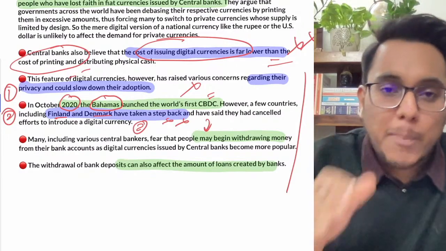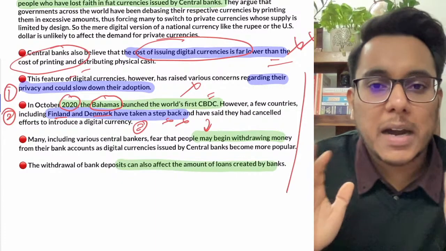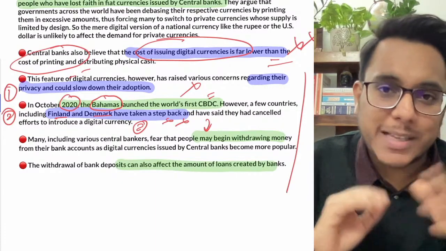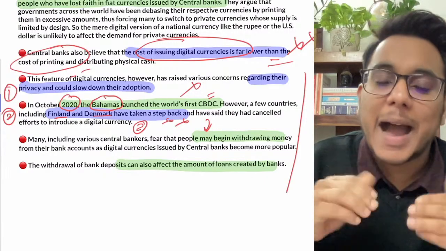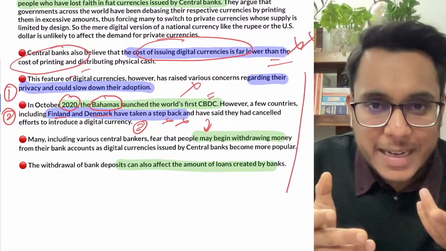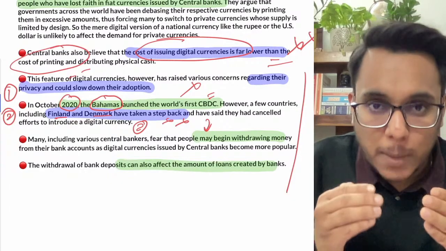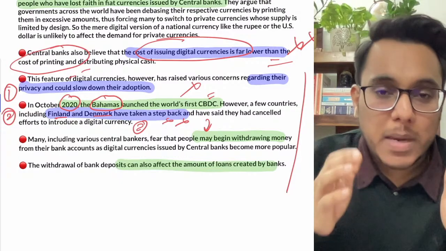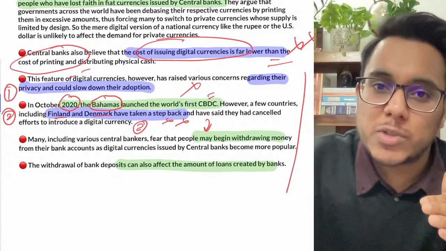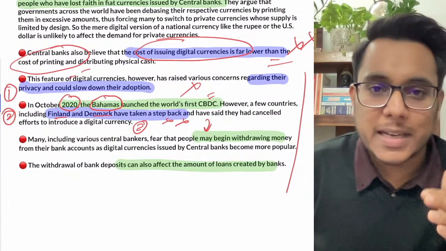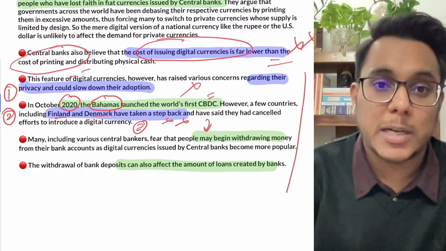Now when people find that, let's say I have 1 lakh rupees, my hard earned money, why do I keep this money in the bank account? There are two reasons. Reason number one is that I will get interest, and the second reason is that my money will be safe there. Now guys, the people who were just keeping the money to keep it safe can switch to the digital currency, and in digital currency their money will automatically be safe. So people might not deposit the money into the bank.